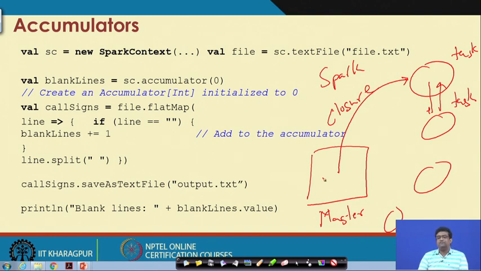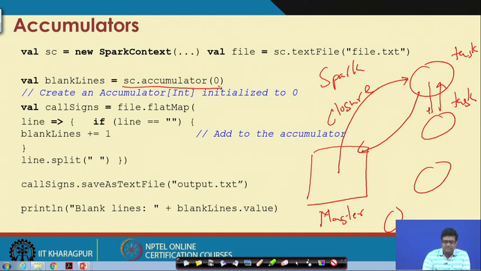So, if you define a local variable on the master and use it in a function in the mapper or the task, then this variable can be accessed in the task. But how can you use some variable which is defined in the task machine on the master machine? This cannot always be done, but it can be done in certain restricted ways. In order to do this, you have to use the accumulator variable. So, what is the accumulator variable? For example, in this case you can define an accumulator variable for a given Spark context.